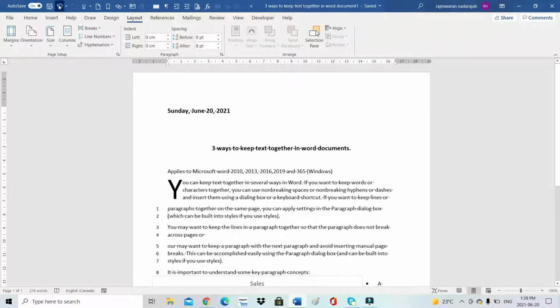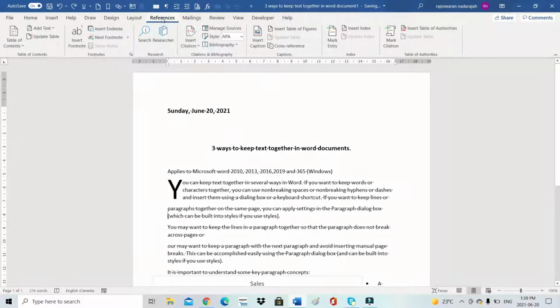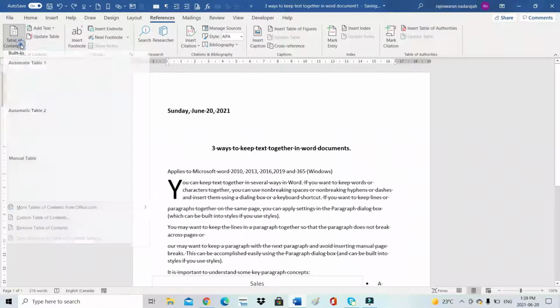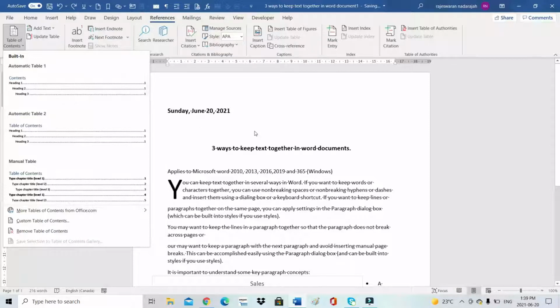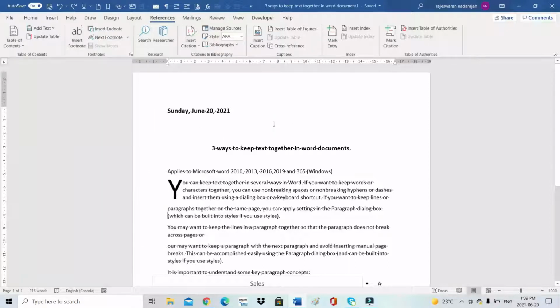Okay, I'm going to delete that one, and next I'm going to show you the table of contents under the references. If you want to know about the references, see here the heading 1, heading 2, heading 3, like that. How is this going to work? When you have a title here, you can type the title.